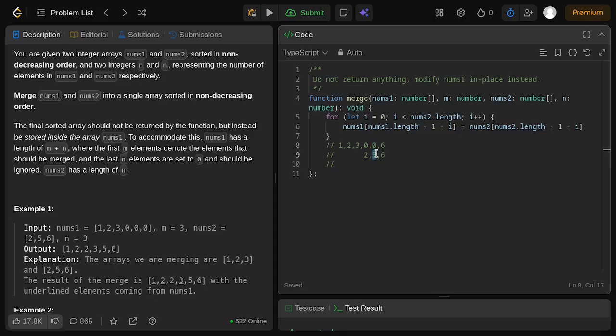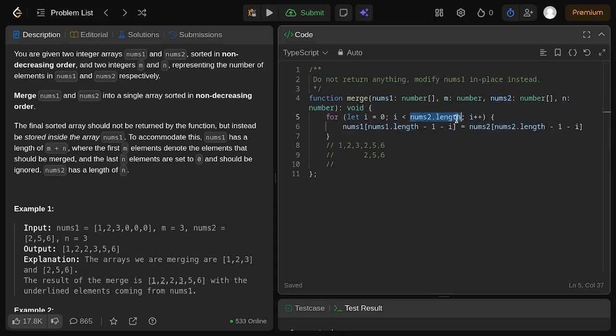And also the same thing points to the 5 right here. See nums2.length minus 1, and then minus 1 again. That way we are pointing to 5, and we assign 5 into the nums1 array. And also the same thing with the 2 array, and the for loop will stop, and there will be no for loop for the next operation of the 3, 2 and 1 respectively, because we are only iterating over the